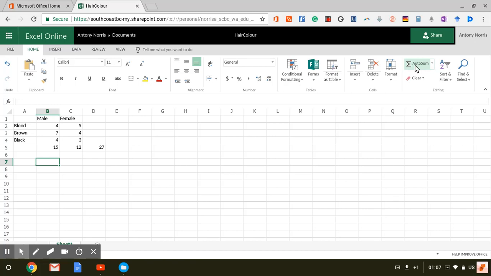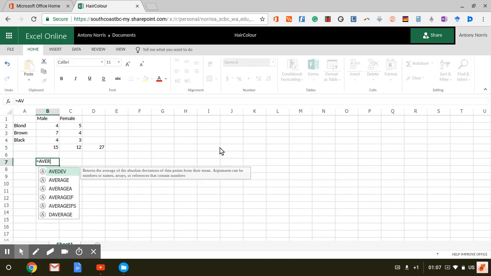So I'm just going to put my cursor in any particular cell, and I'm going to start typing. I'm not going to use the auto sum button this time. I'm just going to start typing a formula, and every formula starts with equals. And this time I'm going to create an average. Not that it makes a whole lot of sense, but it's just an example. So I've typed average, and it's showing me all the different types of average functions I can use. I'm just going to use the normal one, and so I type equals function,